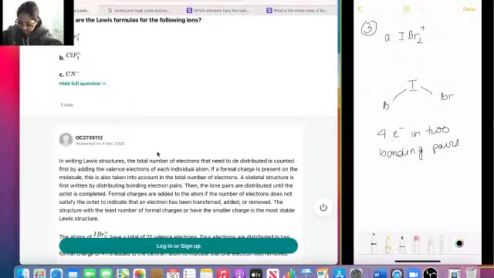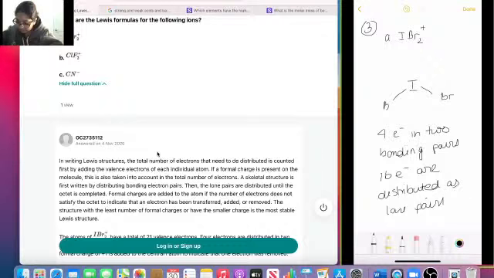So 16 are not bonded, but are distributed as lone pairs,